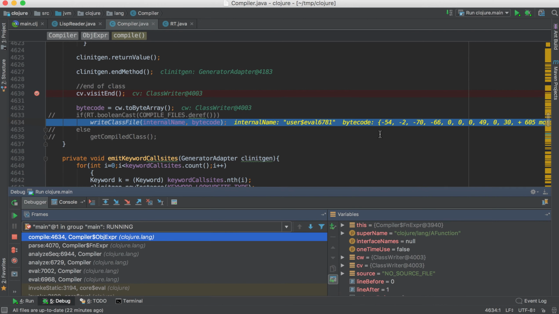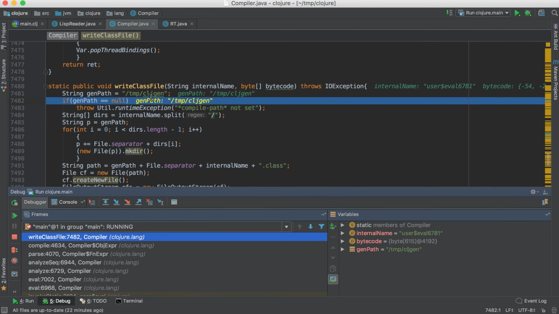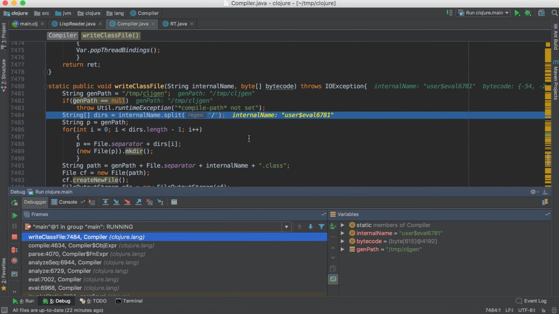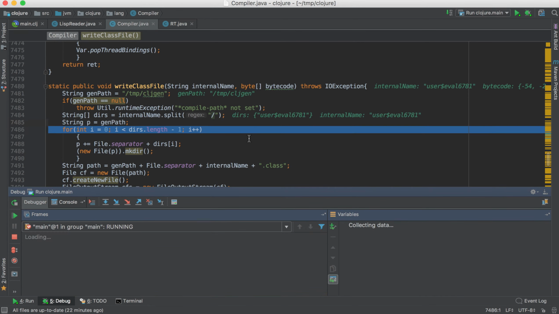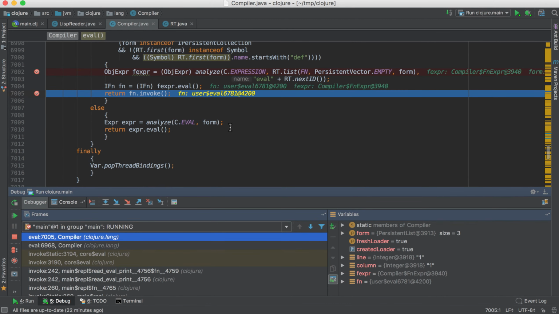As I said, I did a little change here. I commented out this if condition, so the write class file is always happening, and inside the write class file, I'm also using a tmp clgen folder that is on my laptop, so we can check what bytecode was dumped and created there. So if we go back from here, we've got the bytecode was generated, the class was loaded,